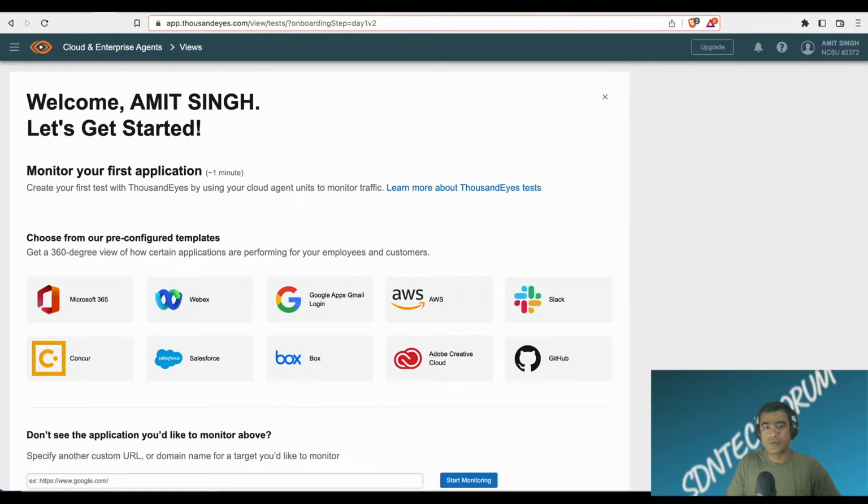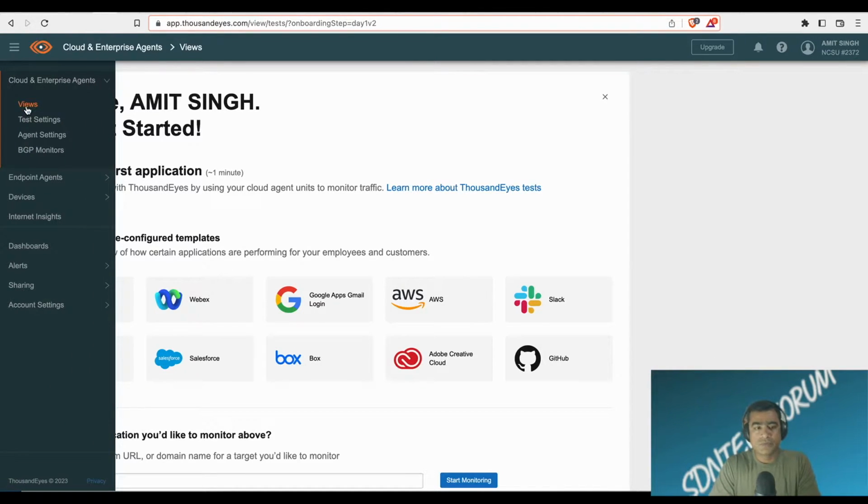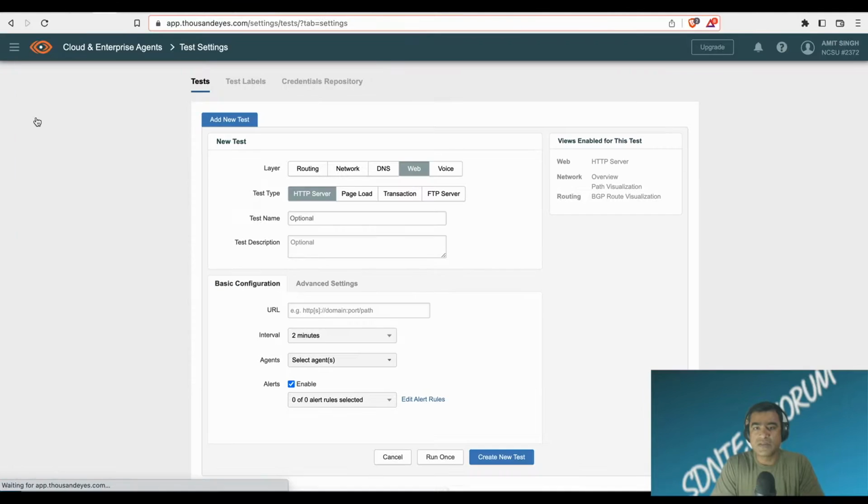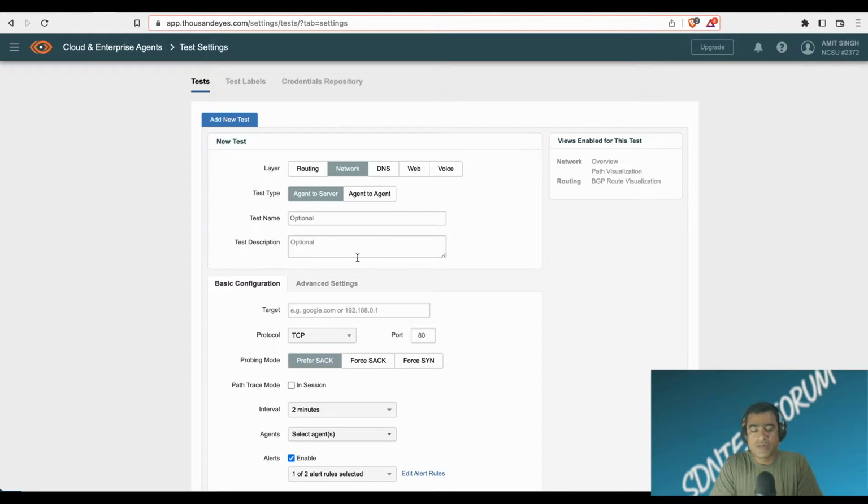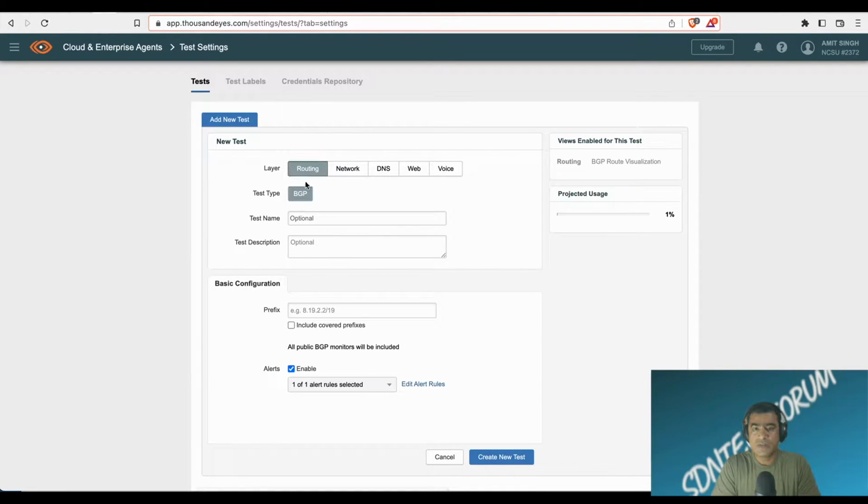Now we are going to talk about the test cases and alert. So once you log in to Cloud Enterprise Agent and test setting, you can see there are multiple types of test available, right? You can add a new test, and when you try to add a new test, you have multiple